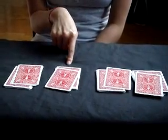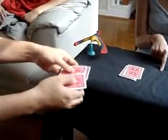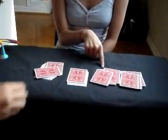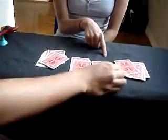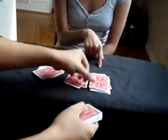So pick up this deck and the top 3. Can you put it down? And 1 card on each of the other decks. Put it down. Pick up this deck. First 3 down. 1 on top of each. Put it down. Pick up this deck. First top 3 on the bottom. And 1 card on top of the others. Okay, so basically